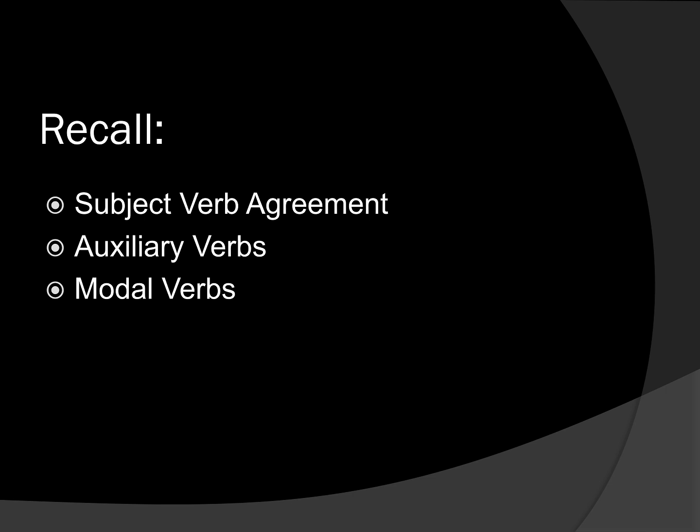Okay, for the next section, we are going to recall what we have studied in lecture 1 and 2. So in first lecture, we studied something about subject-verb agreement. So what is subject-verb agreement? To know about it, let's go to our class 1 and visit that. In our second class, we studied about auxiliary verbs and modal verbs. To know more about auxiliary verbs and modal verbs, if you have not watched our second and third video, please go and visit those videos.